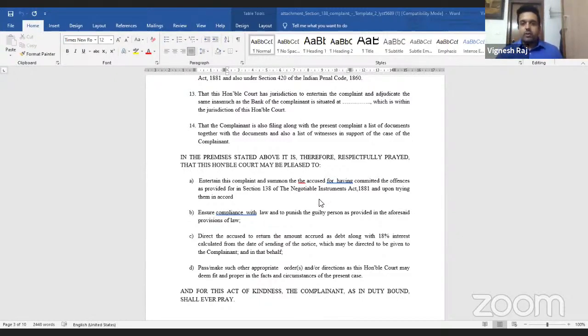All right. So you generally do not state that you ask for imprisonment here. You generally want him to be held guilty of the offense under the Negotiable Instruments Act. Thereafter, sentencing will be done by the appropriate criminal court. So you don't need to state that hold him liable to be imprisoned for a period of 2 years. That's not the most important thing. The most important thing is that he discharges his debt in a negotiable instruments case. So these are the aspects that need to be covered in a Negotiable Instruments Act complaint filed before the appropriate court.